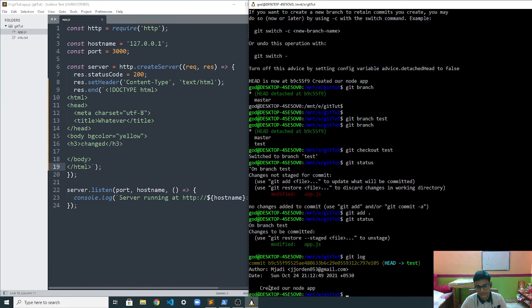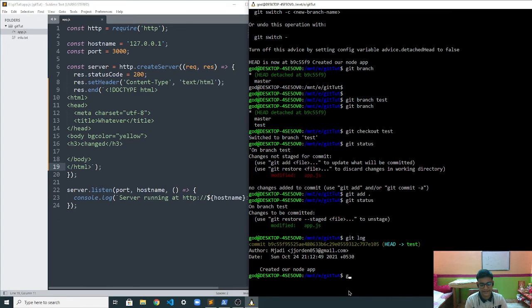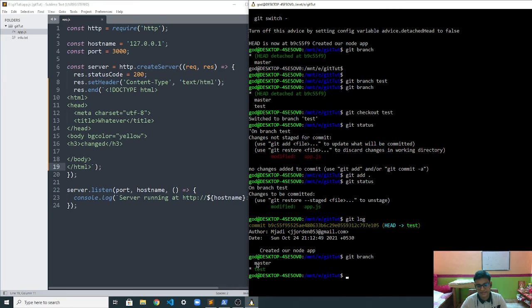Here we want to go back to the main branch, which was master. So git branch. You can see there are two branches, master and test. We are currently in test. So to go back to the master branch, we have to type git checkout master.